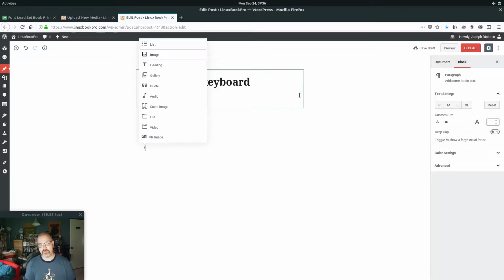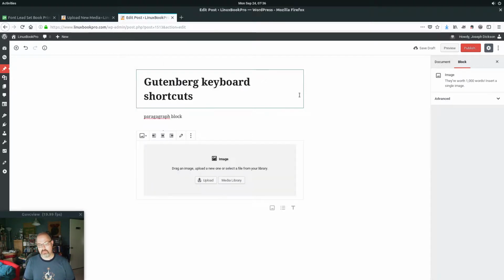One of the neat little tricks with Gutenberg is you could hit the slash key right there next to your right shift on most keyboards, and you can scroll through with your keyboard all of the core blocks or any of the blocks that are running on your Gutenberg post. Just like that. So if you wanted to add an image, you could select it,